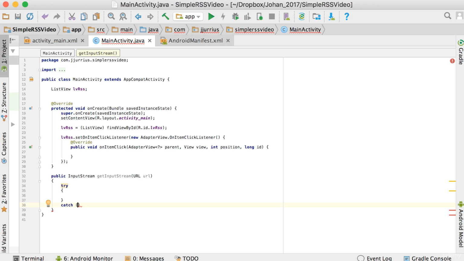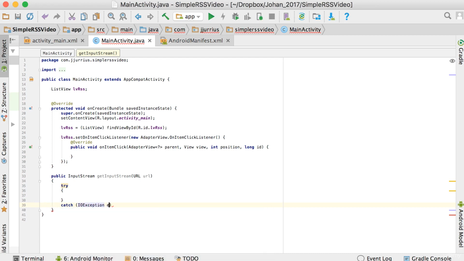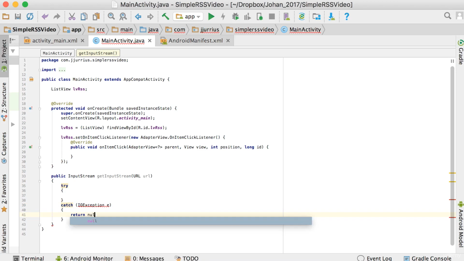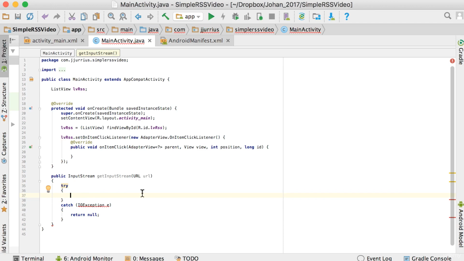And we're going to catch an IOException, and let's call it e or whatever you want to call it. And then if there's an exception, we're going to return null. And if there's not an exception, obviously it gives you an error because we haven't tried anything in the block that could throw an exception. So let's just try opening a connection now. What we want to do here is to call openConnection on that URL object. So we're going to say return